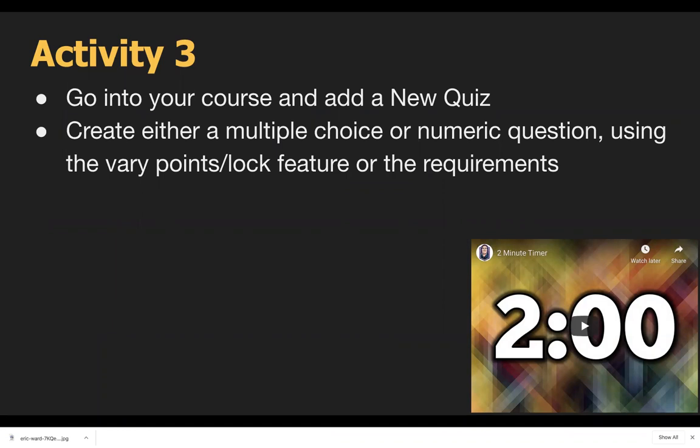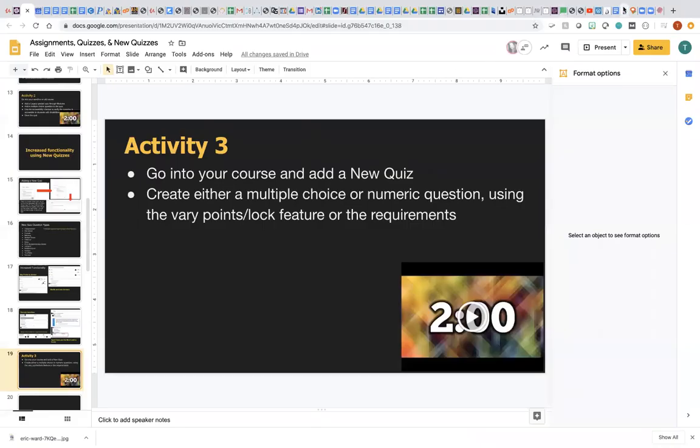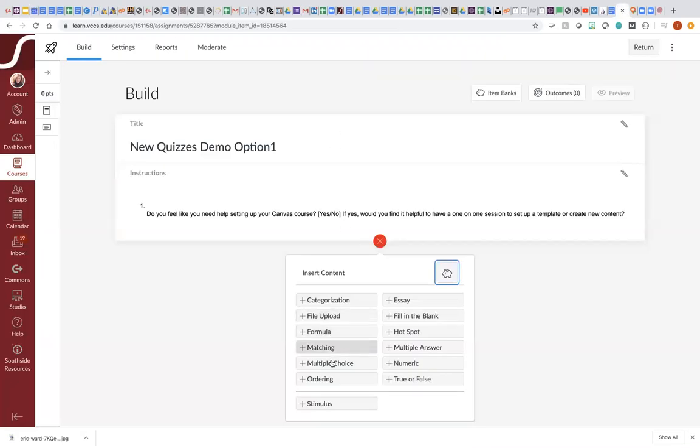Okay, create either a multiple choice or a numeric question and use the vary points or lock feature on the requirements. And if you want, real quick, let me show you. If I do the multiple choice,